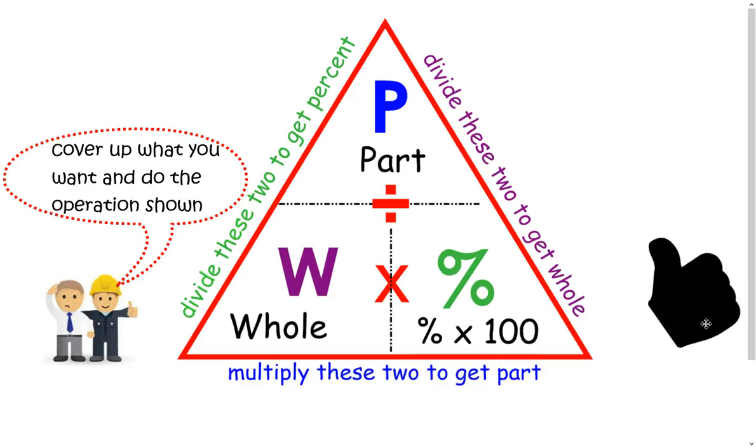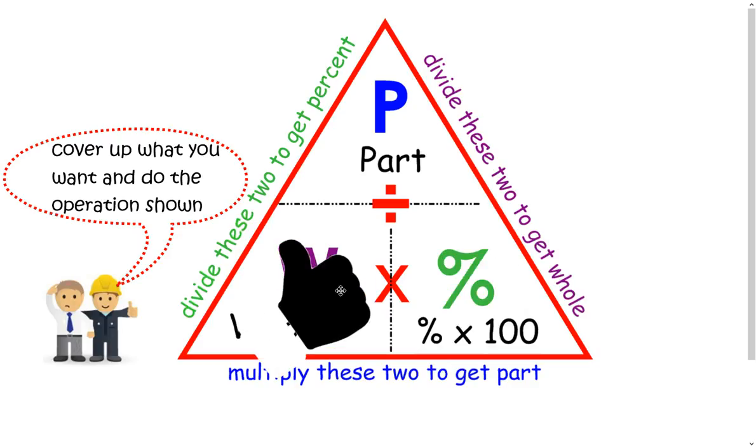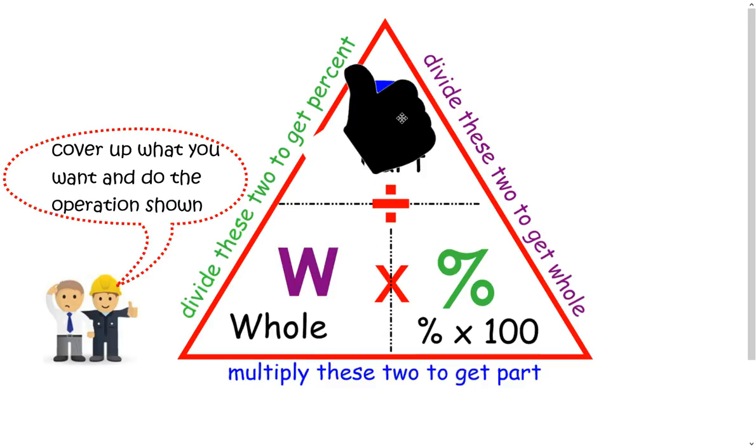For example, if I want to find the percentage, I'm going to cover it up with my thumb, and then I'm going to see that I take the part and divide by the whole. So divide these two to get the percent. Or if I want to find the whole, I'm going to take the part and divide by the percentage, divide those two to get the whole. Or if I want to find the part, I'm going to take the whole and multiply it by the percentage to get the part. So you're going to cover up what you want to do to the operation to get